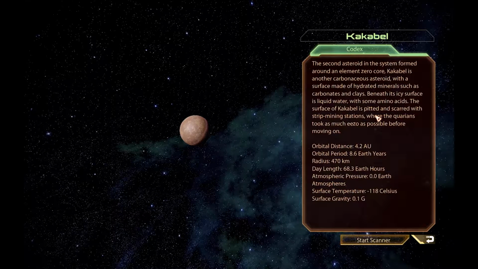Kakabel. The second asteroid in the system formed around an element 0 core. Kakabel is another carbonaceous asteroid, with a surface made of hydrated minerals such as carbonates and clays. Beneath its icy surface is liquid water with some amino acids. The surface of Kakabel is pitted and scarred with strip mining stations where the Quarians took as much Eezo as